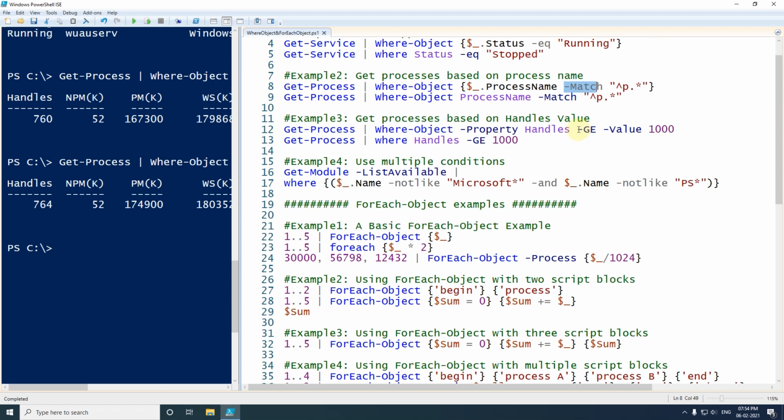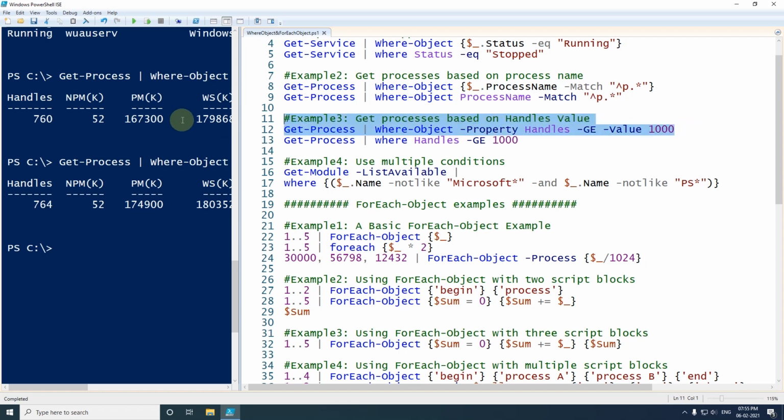Now I am using greater than or equal. One more thing you can see here is that I have used the Property parameter. This is not mandatory; straight away we can use the property name, provide the condition, and after that give the value. Here I have used the Property parameter and given the property name, and I have used the Value parameter and passed the value of the property.